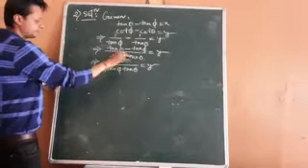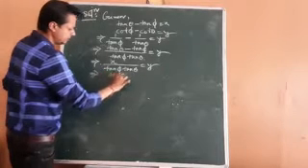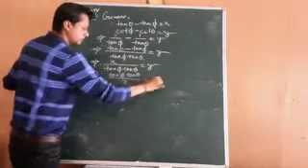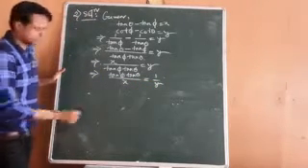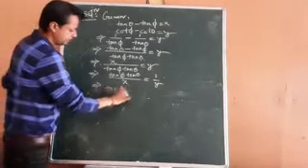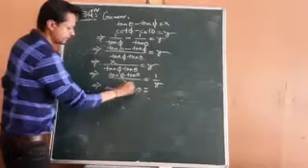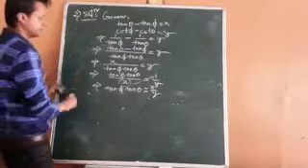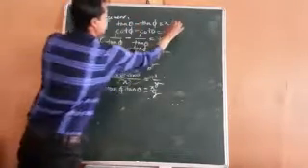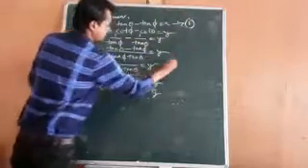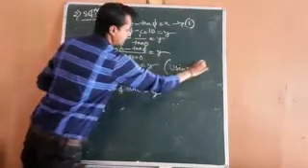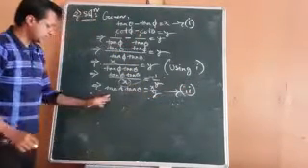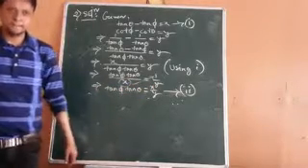So reciprocal, list down. When you take the reciprocal, what will it be? 1 by tan phi tan theta equal to 1 by y. Reciprocate. Now tan phi tan theta equal to this, x by y. So tan theta minus tan phi, I have placed here x. So this is 1 number, and this is 2 number. So tan phi tan theta equal to x by y.